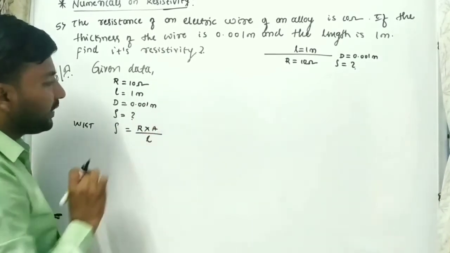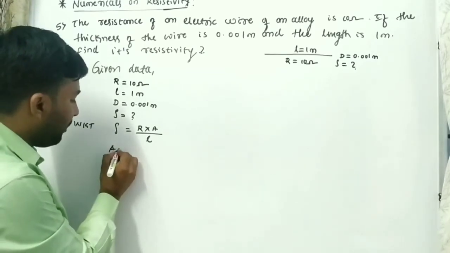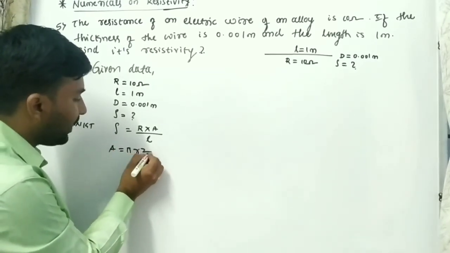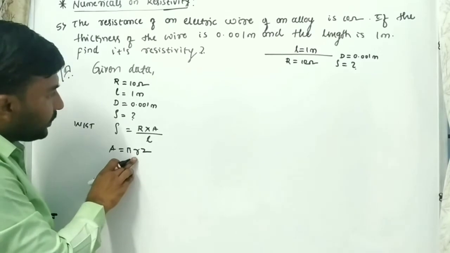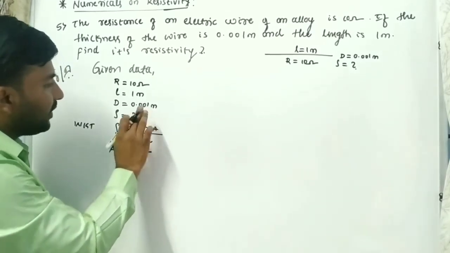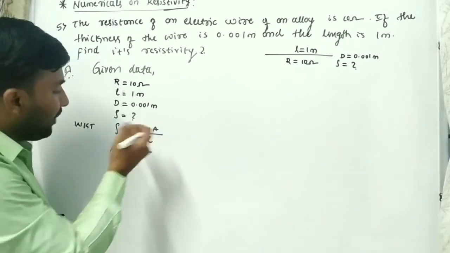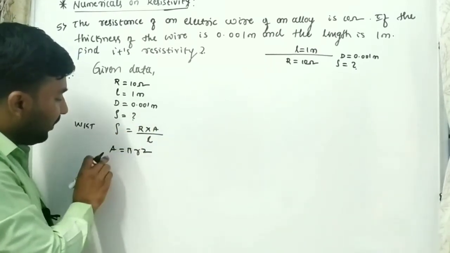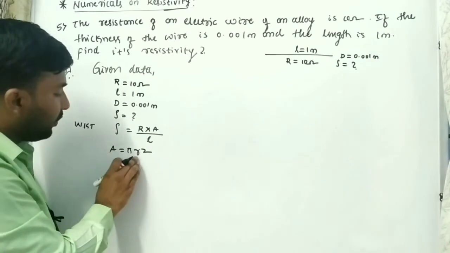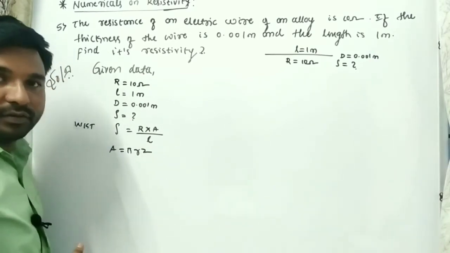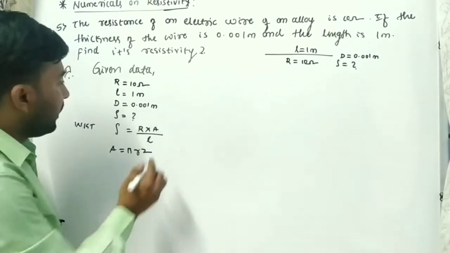But they have given one clue here, that area of cross section value is pi r square. So here when you divide this diameter by the number 2, you will get the radius, and put that radius value in the formula A is equal to pi r square. Calculate the area of cross section. Got it? Now this is equal to